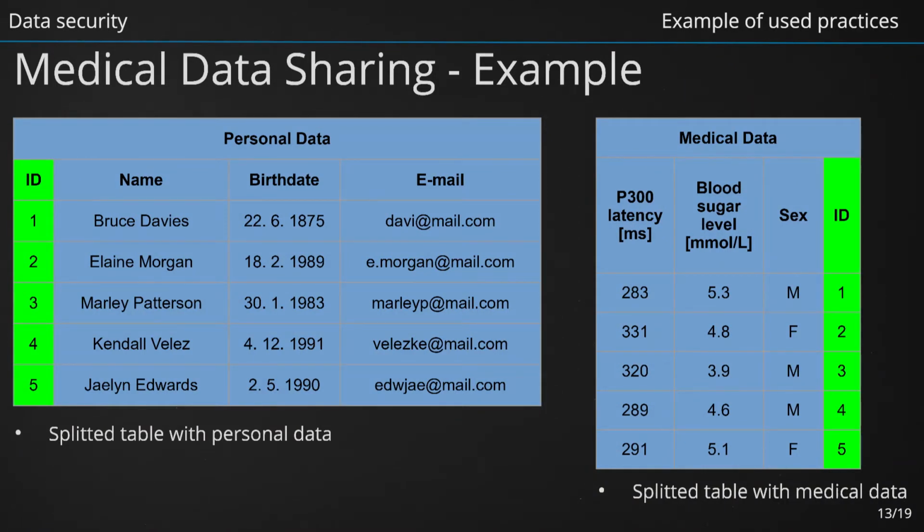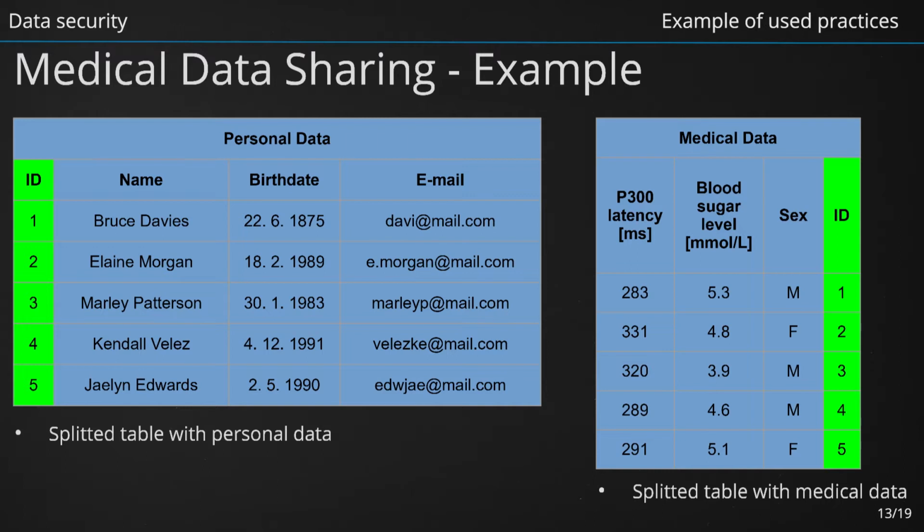Our data separation and pseudonymization results may look as follows. The personal data table contains the ID column 1, which links records in this table to records in the medical data table. The personal data table contains the following attributes: the name of the measured subject, Bruce Davies; the birth date of the measured subject, 22nd of June 1875, and his/her email,